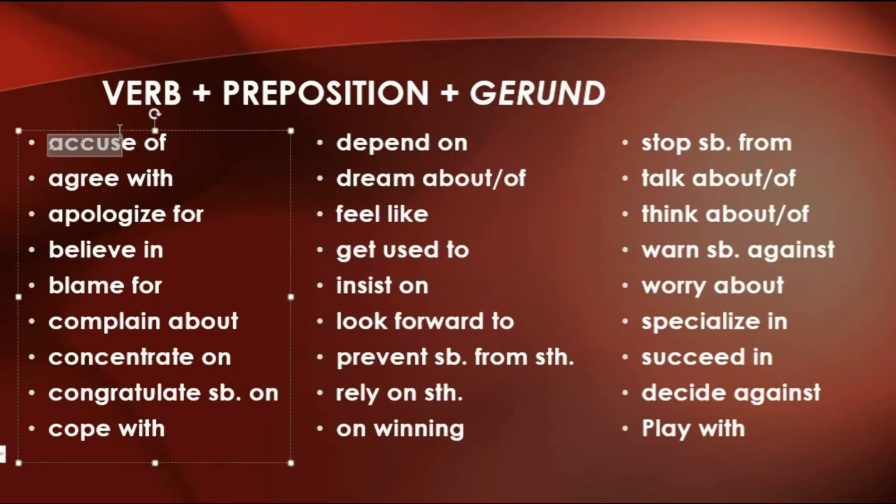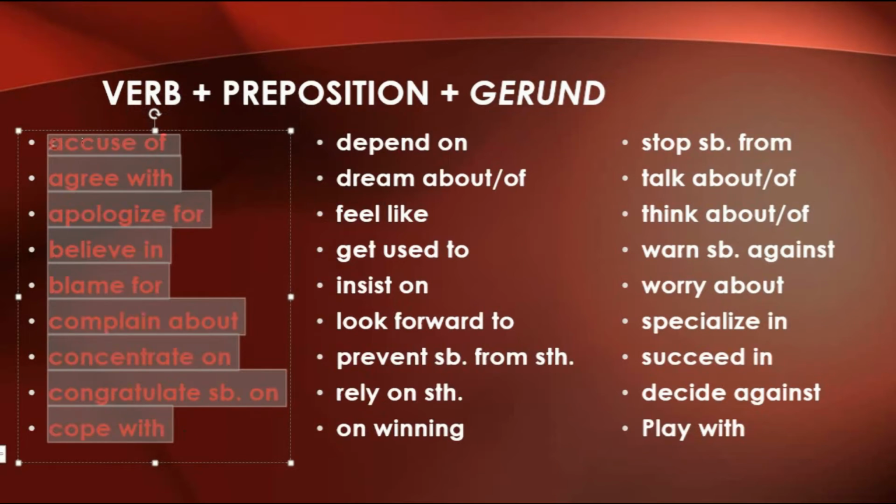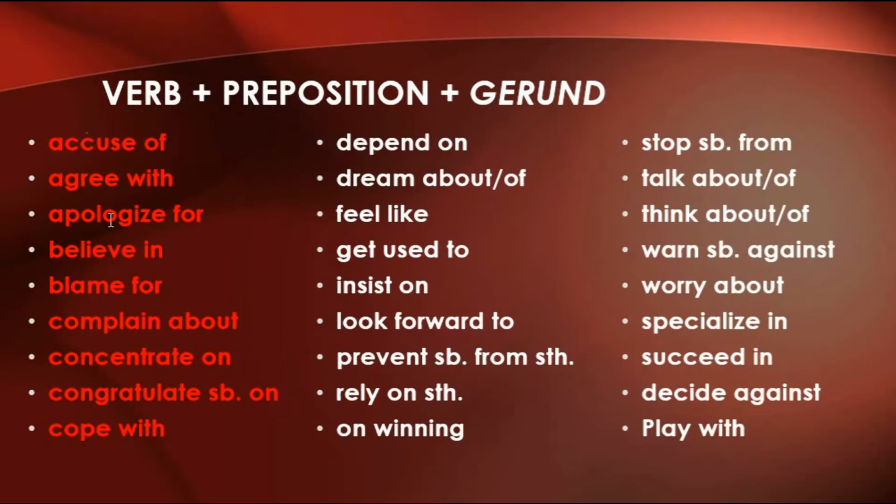I am only giving you verbs combined with their associated prepositions. Accuse of, agree with, apologize for, believe in, blame for, complain about, concentrate on, congratulate somebody on something, cope with, depend on, dream about, or feel like, get used to, insist on, look forward to,